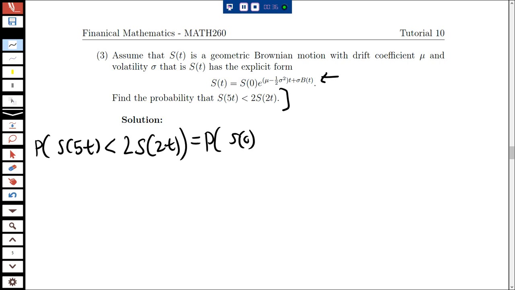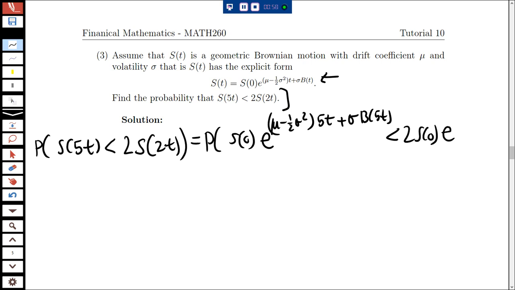So we're trying to find the probability that S0 e to the power of mu take away half sigma squared 5t plus sigma B of 5t is smaller than 2 times S0 e to the power of mu, take away half sigma squared, 2t